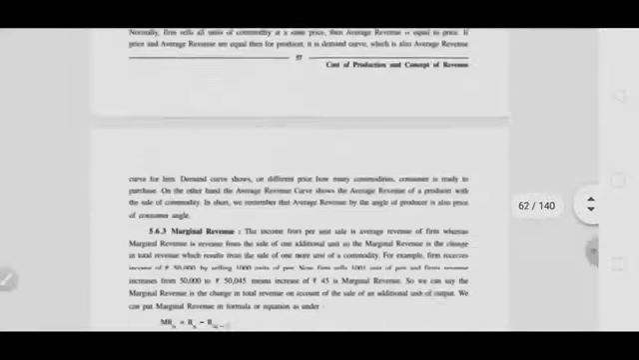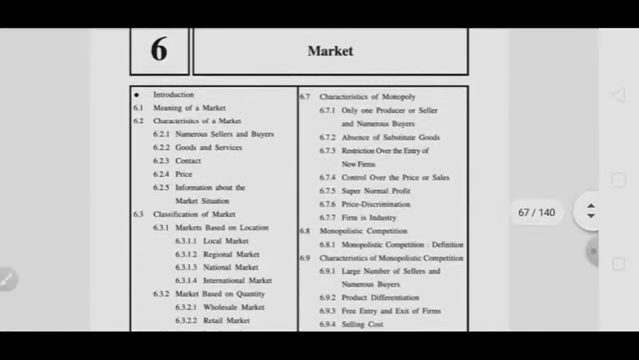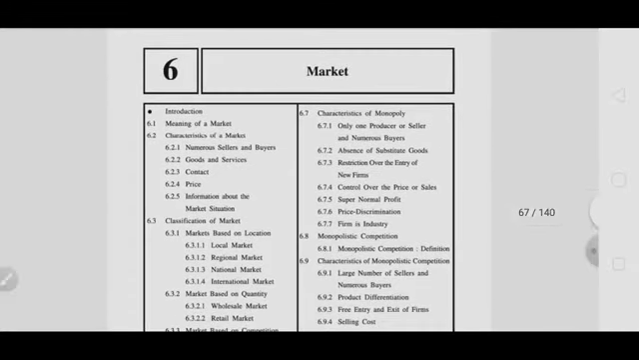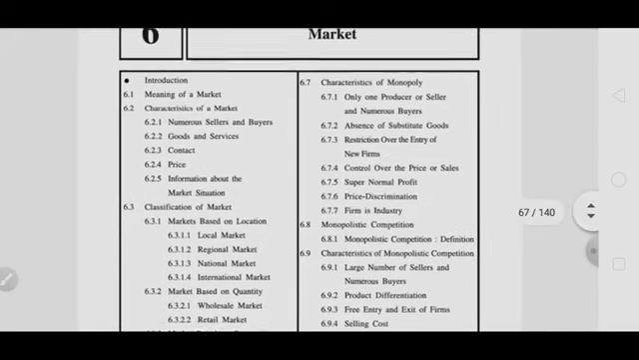I think all of you are not getting bored, because we have to study all these concepts in detail. Don't worry, we'll be able to understand and we'll be able to write all these concepts very easily. The next one is chapter number 6, that is market. Meaning of a market: basically the market is a place where buyers and sellers come together, or come in contact with each other, for exchanging goods and services in exchange for money. So here first of all we will have the meaning of a market, then